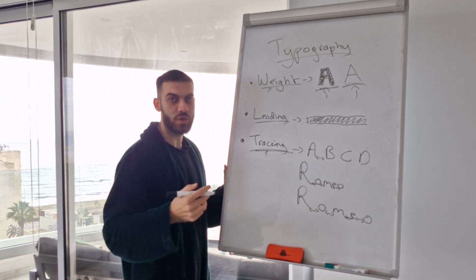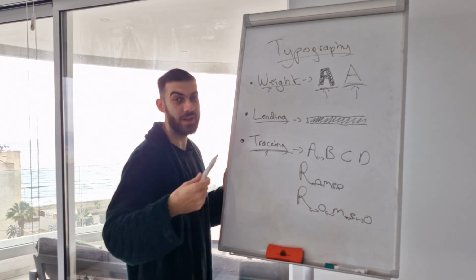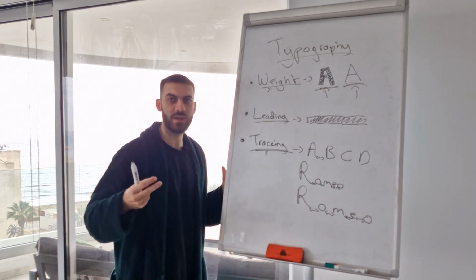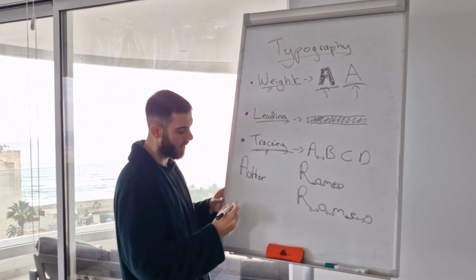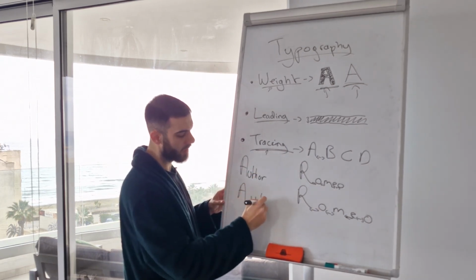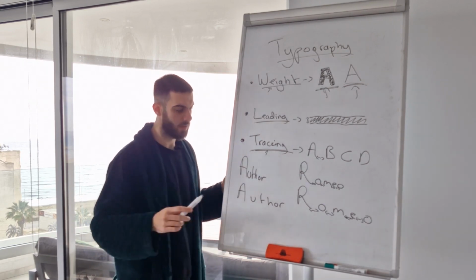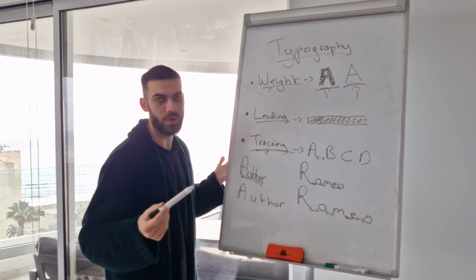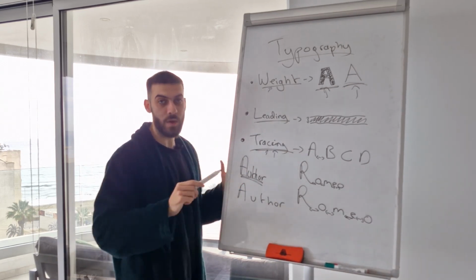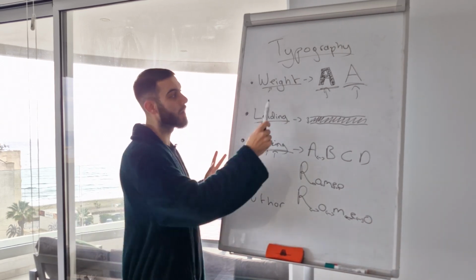If I increase the tracking, then not only does it make it slightly easier to read, but it also gives it less attention. Because if the author name is like this, all tightly packed together, and then I have the same author name kind of like this, then this kind of gives it more breathing room. This seems a lot more, I don't know, it's all subconscious. I don't know how to explain it, but it's all subconscious. You're going to go in and you can play around with the tracking, play around with the leading, and play around with the weight